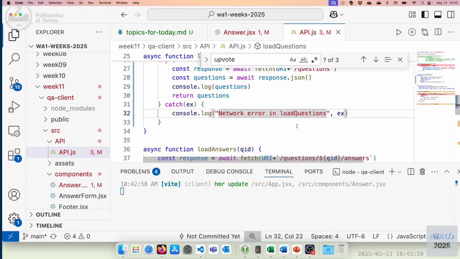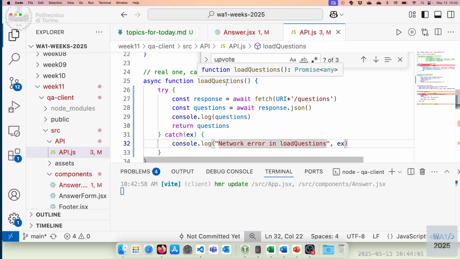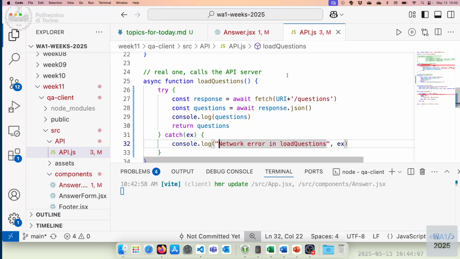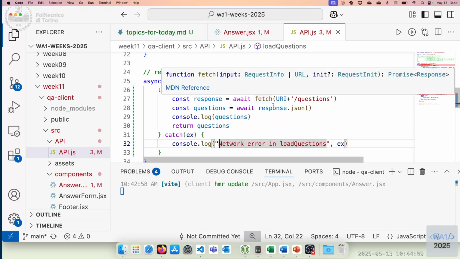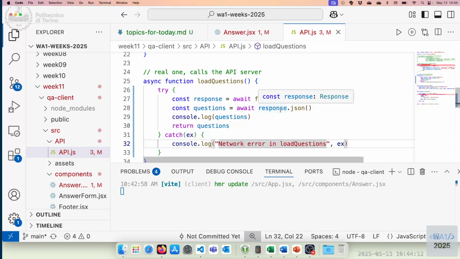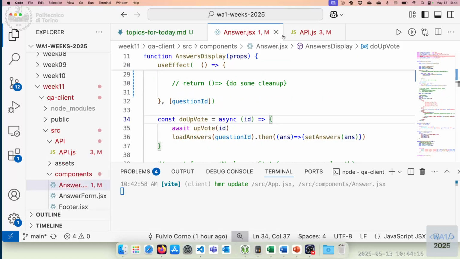Maybe we should display a message, something like, a loading error occurred. Okay? We should display some real feedback to the user. But here inside the API, you cannot do anything on any of that, because we don't have the generation of the user interface here. What we could do is, inside the component